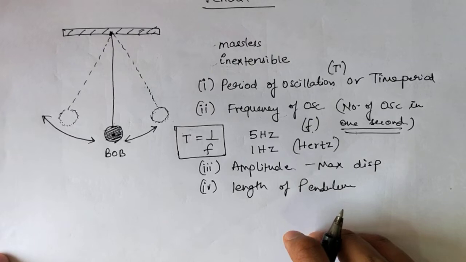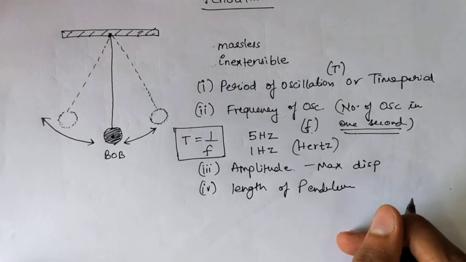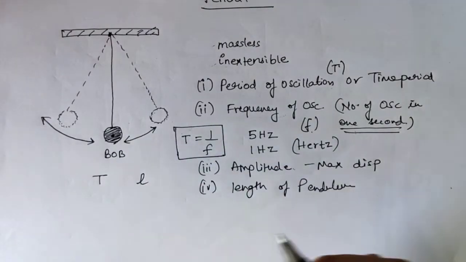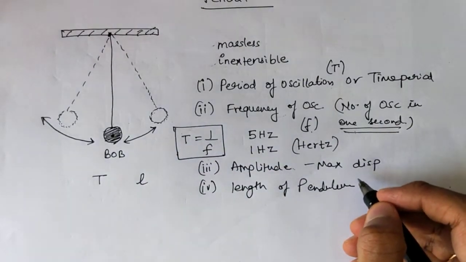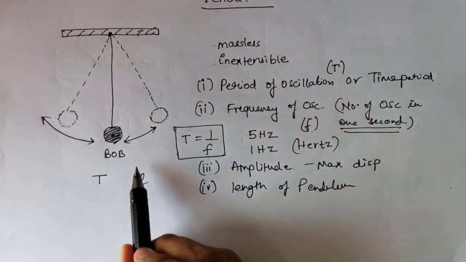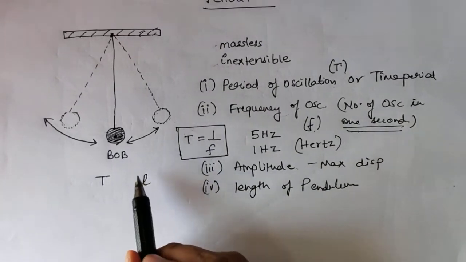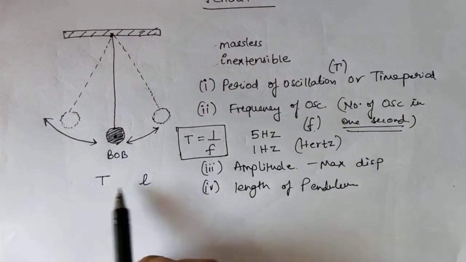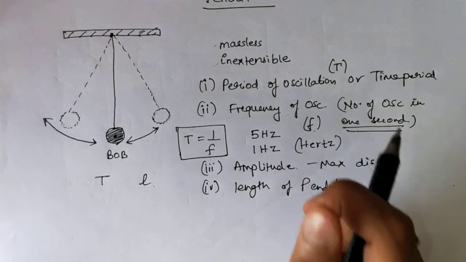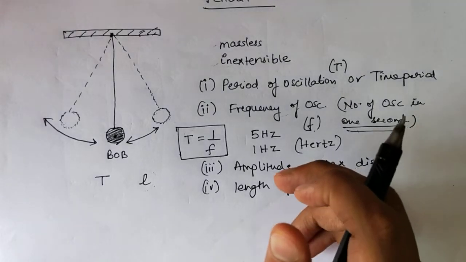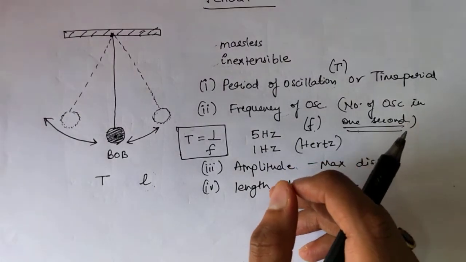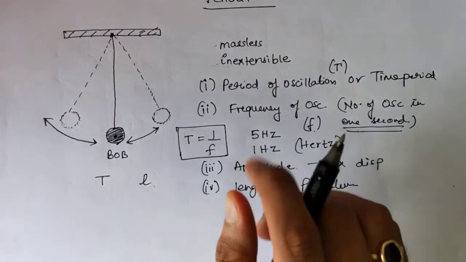Now they are finding the relation between the time period of a pendulum and the length of the string. They are finding the relation between the time period of the pendulum and the effective length of the pendulum. So to find this relation, we have to perform an experiment. Ideally, your school should perform this experiment in front of you in physics laboratories, but I don't think that will happen. But the observation table of this experiment is given in your textbook.